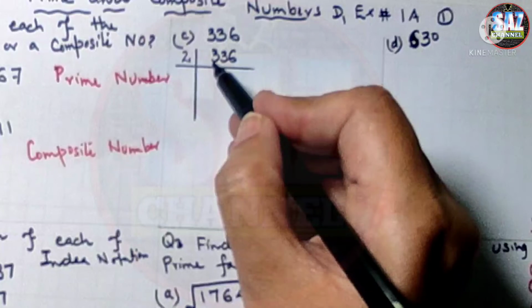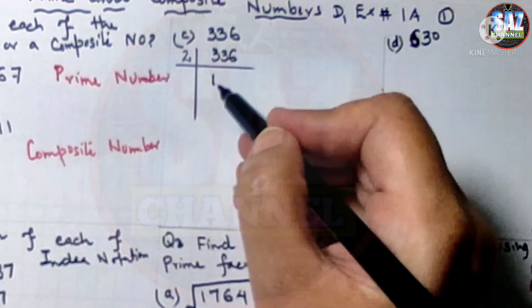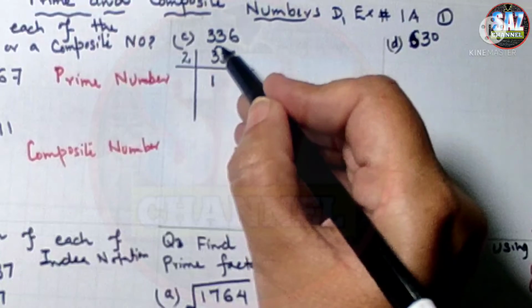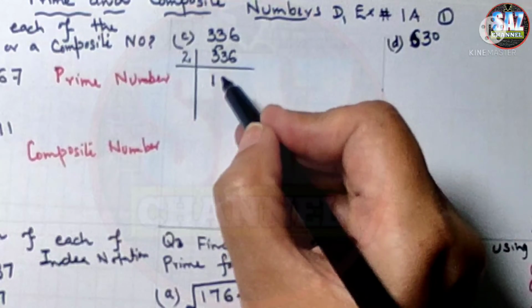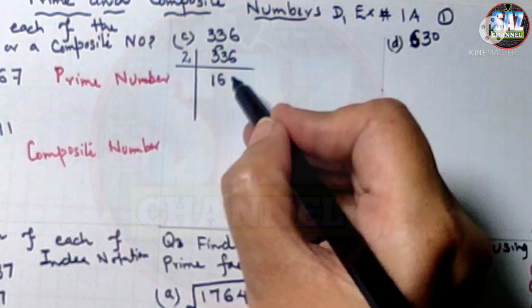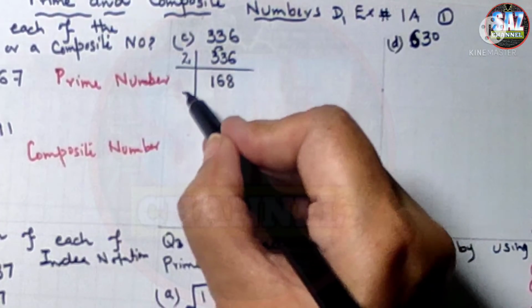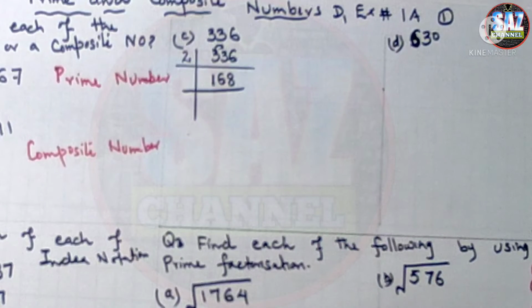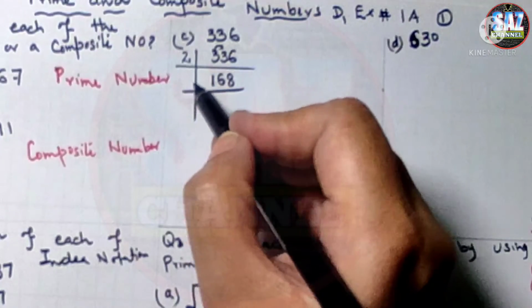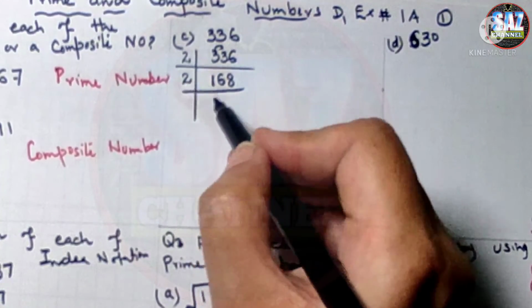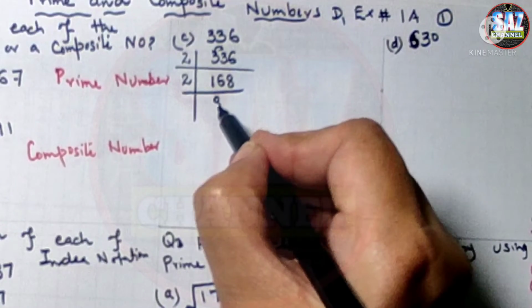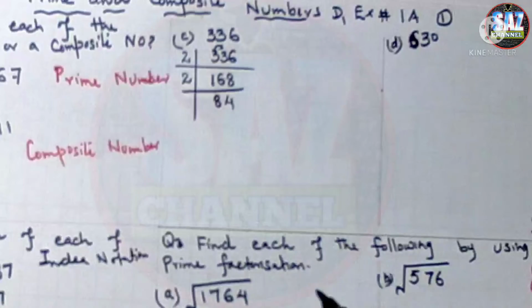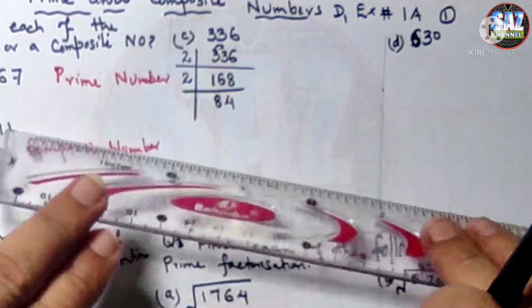Okay, now look, 2 ones are 2. Okay, and I'm left with 1. That 1 will be given to 3, and it will become 13. 2 6s are 12, and 2 8s are 16. Okay, in all these lessons I'll be going really slow, and I'll perform all of the calculations mentally because I want to teach my students how to perform the calculations mentally, because these questions are coming mostly in paper 1. 2 8s are 16 and 2 4s are 8, and again what we can do is that 84 is an